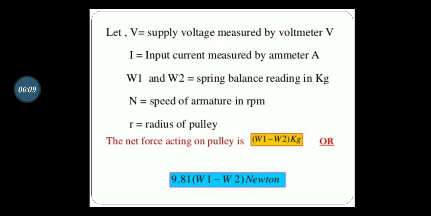So now let us consider V be the supply voltage measured by the voltmeter V, I be the input current measured by the ammeter A, W1 and W2 be the spring balance readings in kg, also called weight